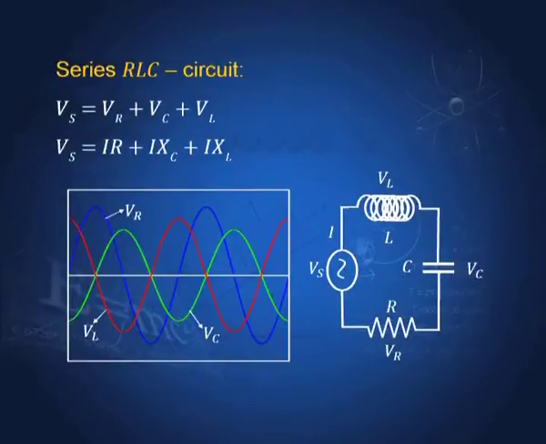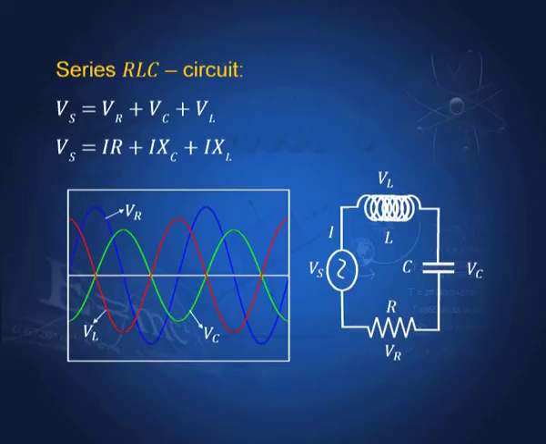Now, the most important case is where R, L and C, all three elements, are in series. The treatment is just the same, there is no difference. I have shown here, just to remind you, that VR is in the same phase as the current. This VC, this green line, lags behind VR by pi by 2, and VL, the voltage across the inductor, leads VR by pi by 2.